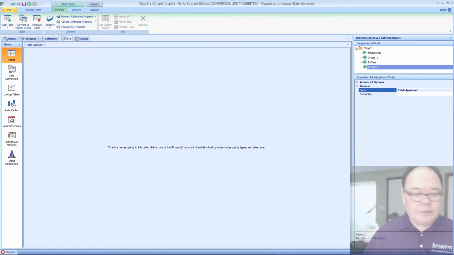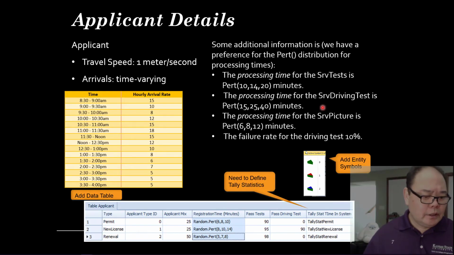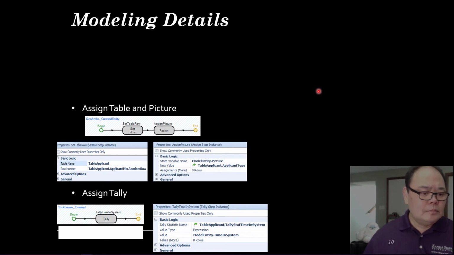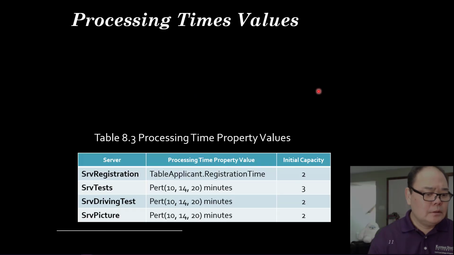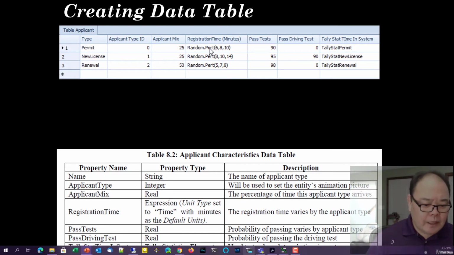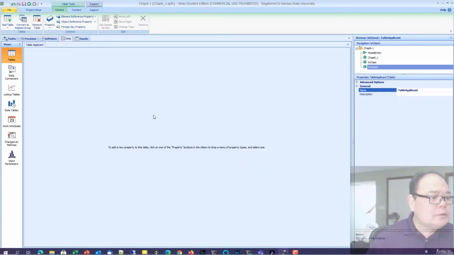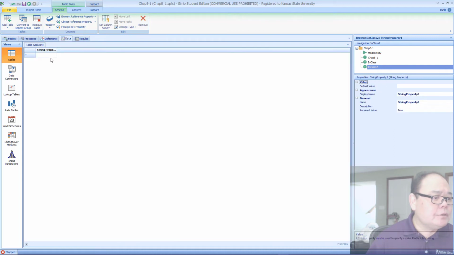Okay, and based on the presentation, we give you the property type of each one of the columns and the property name. So we come back to this. Create a table applicant. First is going to be a string,